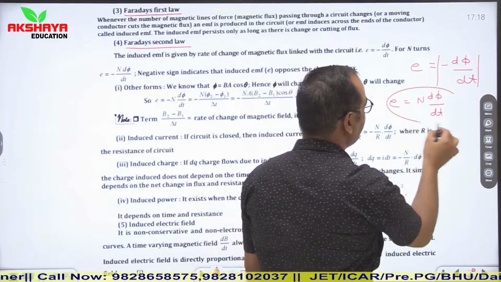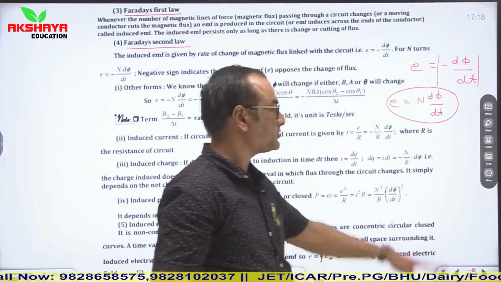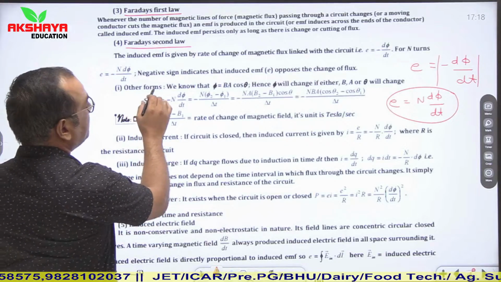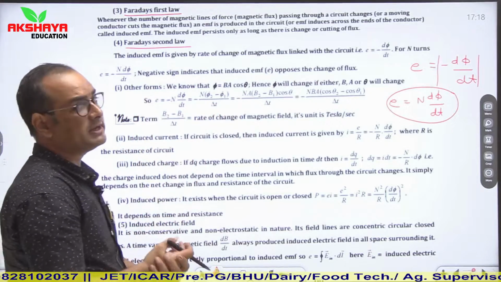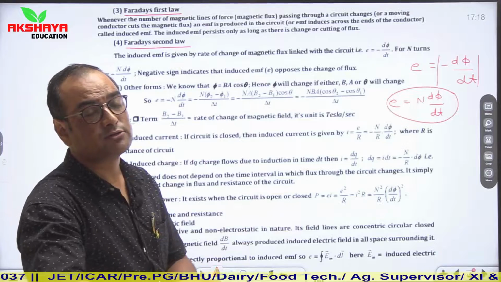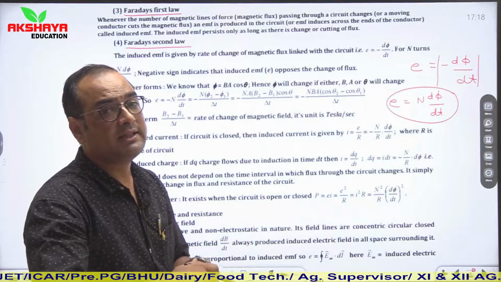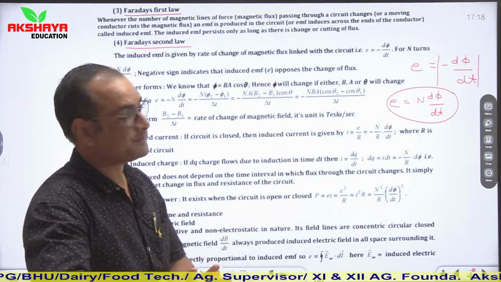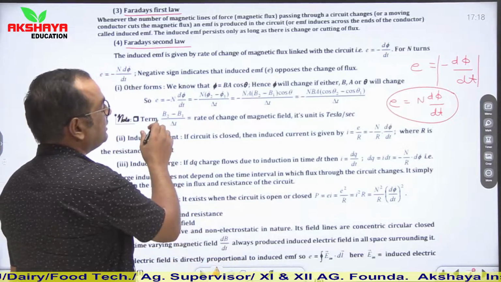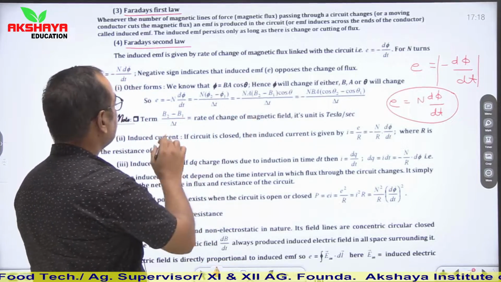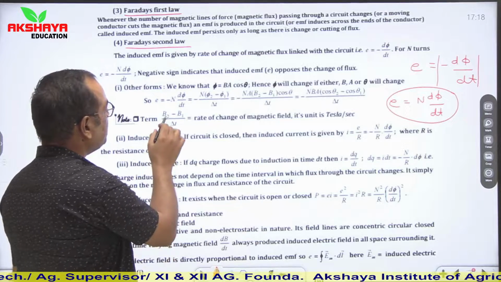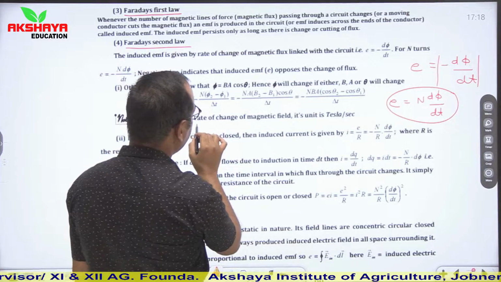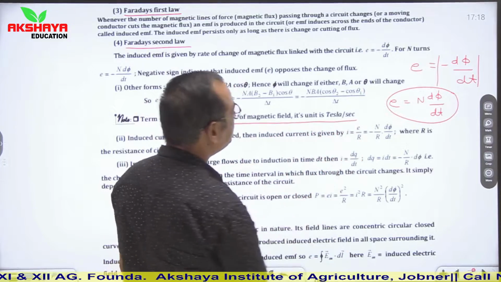The concept of this negative sign was explained by the scientist Lenz, so we will talk about it also. Now see this negative sign. What does this negative sign signify? This negative sign shows that induced EMF opposes the change in magnetic flux. So these are different conditions or different formulas. Here B2 minus B1 upon delta T is representing the rate of change of magnetic field, and its unit is